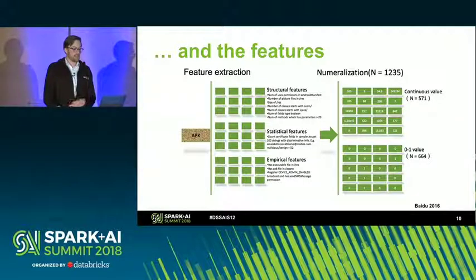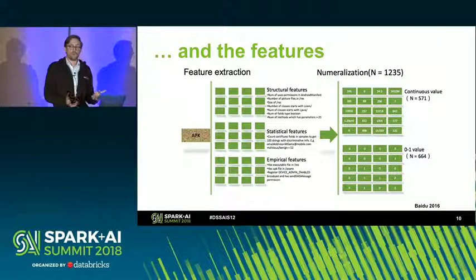The three main areas we look at are structural features, so things like the permissions you see, the pictures in the files, the size of the certain file, the number of classes that you see in the code. The second area is statistical features, so that's things like counts, averages, do you see a certain type of email or domain name in there? And then finally, empirical features, so that's, does it have an executable file which maybe is malicious or isn't malicious? Do they register some sort of special signature that you didn't see before?